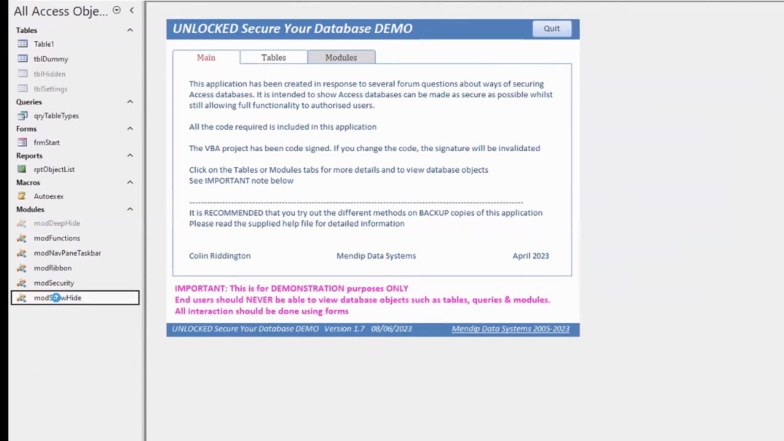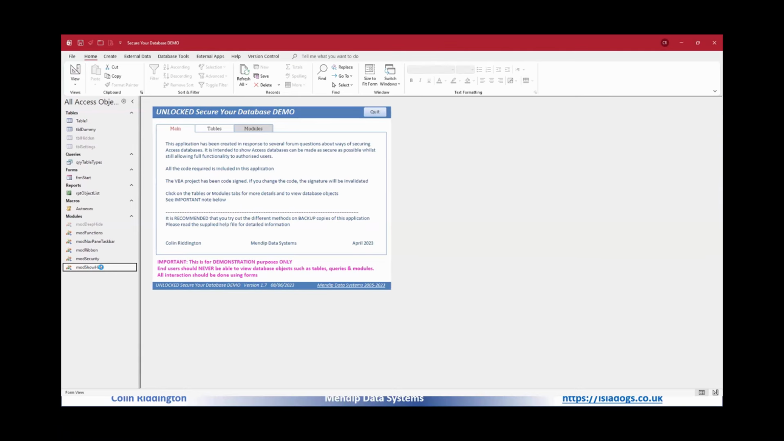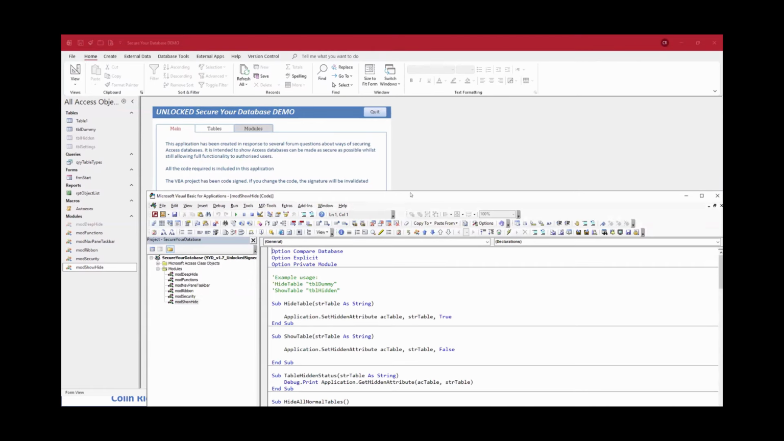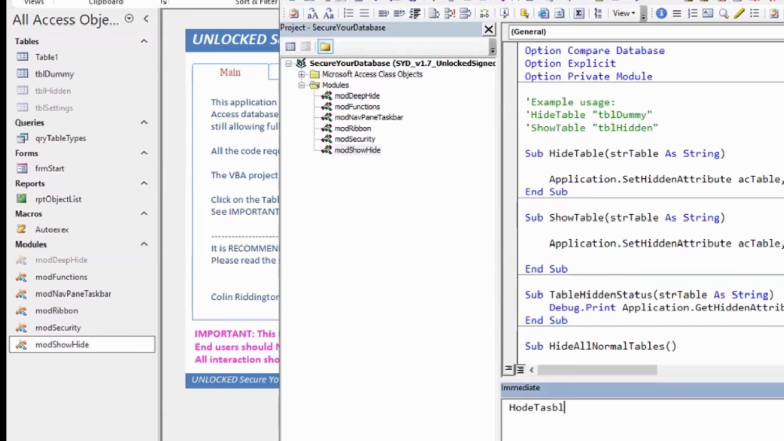same thing. From this module here, show hide. Takes a few seconds to open on this, my old desktop Windows 10 machine, that I can use the same code here to hide that table. So if I do hide table, table 1,